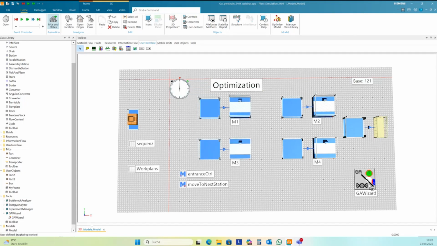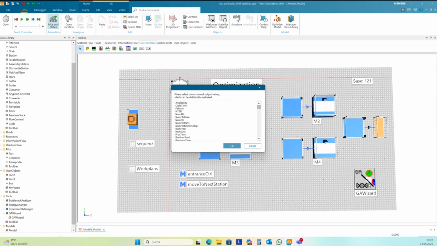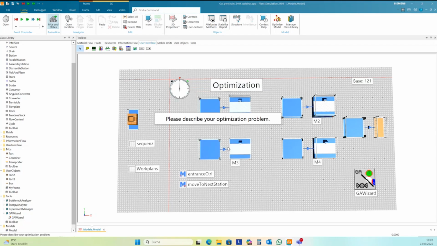Just drag it without holding the Shift key. Now you need to select the attribute we want to have. Here it's .num_in or .num_out. Okay. And then take the sequence, hold down your Shift key and drag it to the GA wizard. Okay, and then you can open the GA wizard.